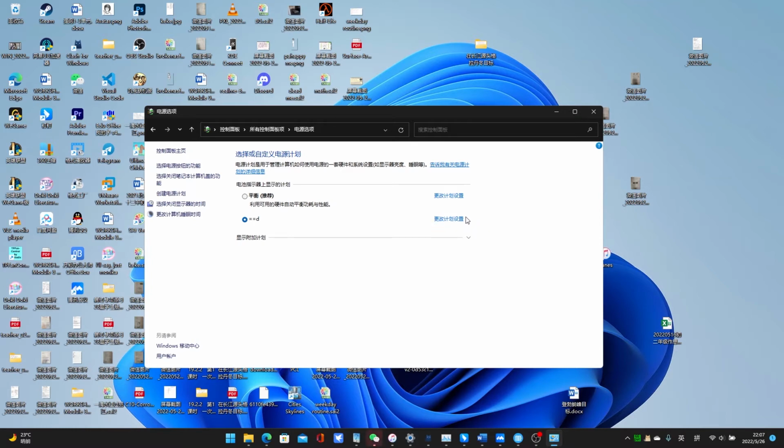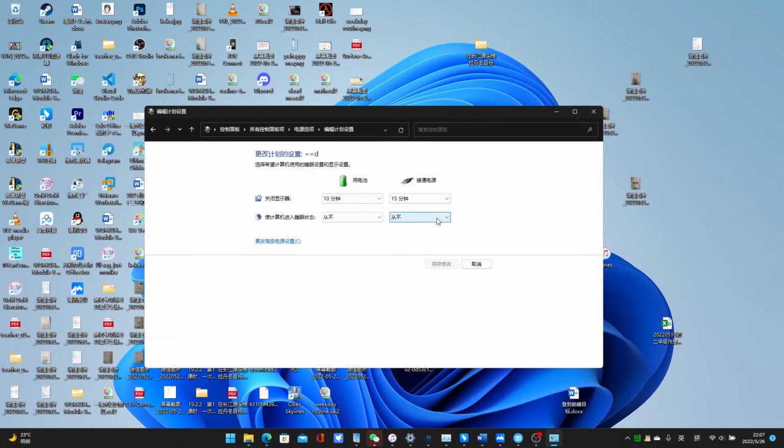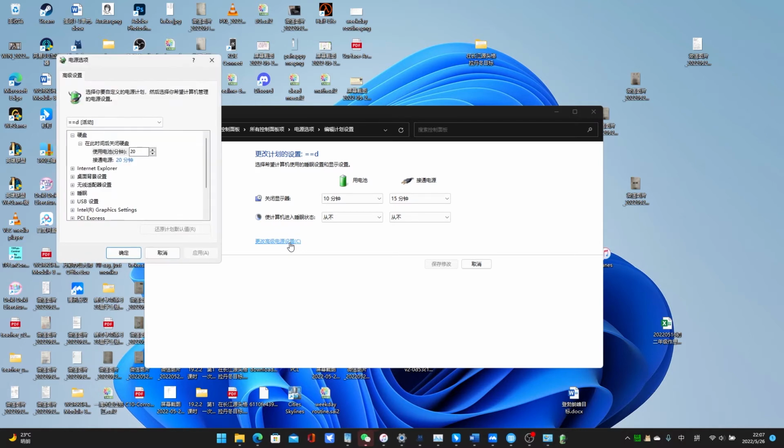And we click on the blue text on the right of the power plan name and description. Anyway, click it, and then you click on Change advanced power settings. There will be a blue text displayed in here. Anyway, click it, and then okay,